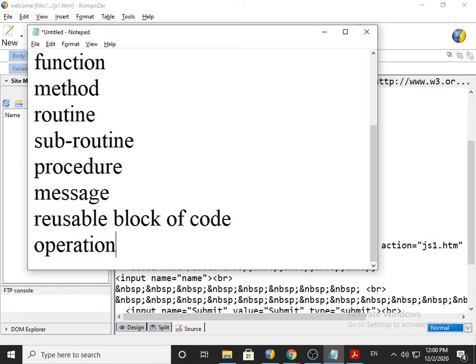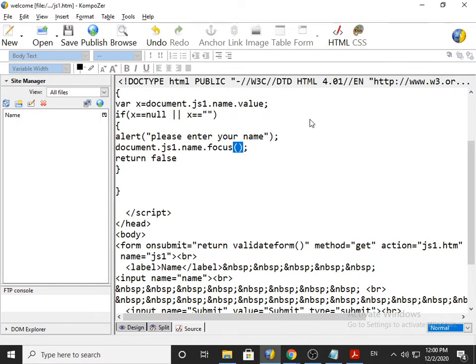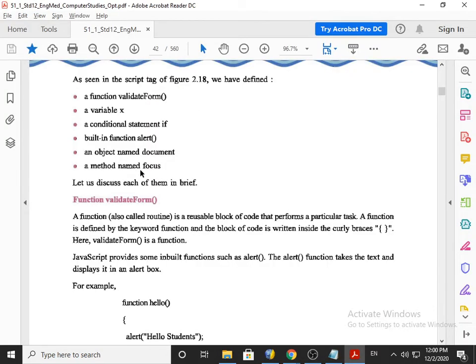All these words are absolutely same. Why do I give you the list? Because the same list will be helpful to you in chapters number 6, 7, 8, 9. So please take a screenshot or write it down somewhere. Okay, so we can say focus method or focus function. Now let's discuss all these points in detail.